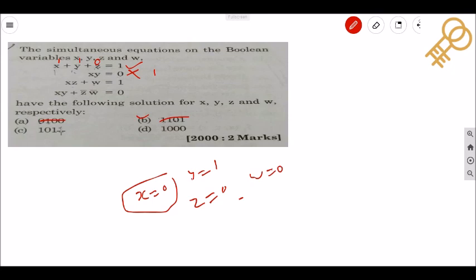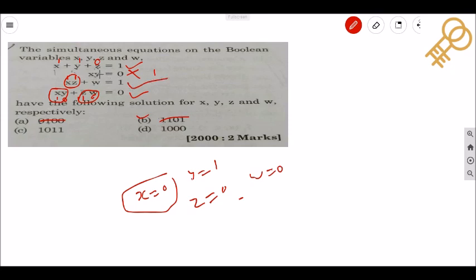Now moving towards the third one, when you put the value 1 for x here and 0 for y, this whole becomes 0. Now when you put z value 1 and this is the complement, it becomes 0, and w is 1, so it will become 0. Now it will become 0 for this whole expression, so this condition is satisfying. Now when you put x value 1 and z value 1, this whole becomes 1. Now w is 1, so this is satisfying.